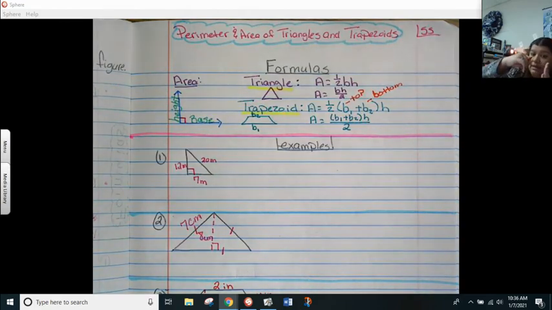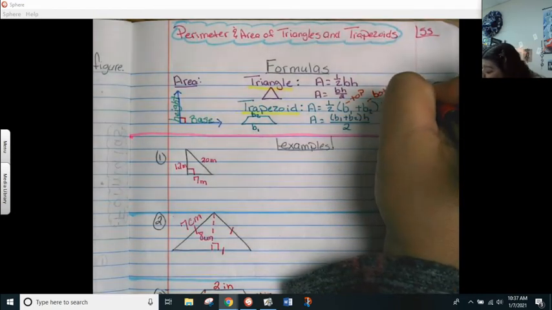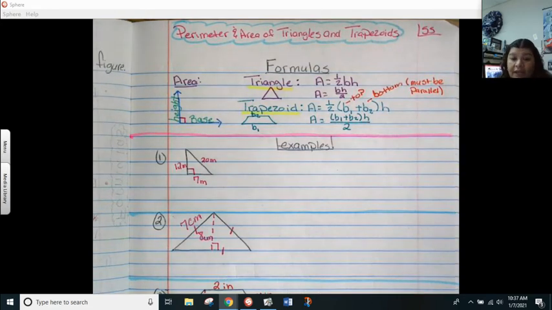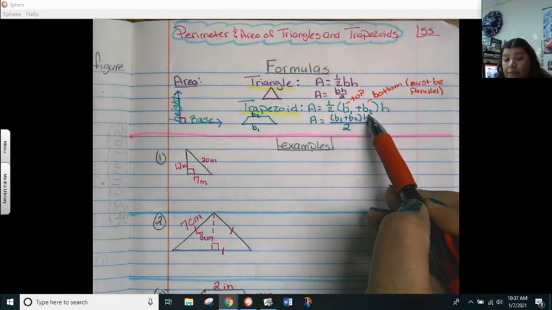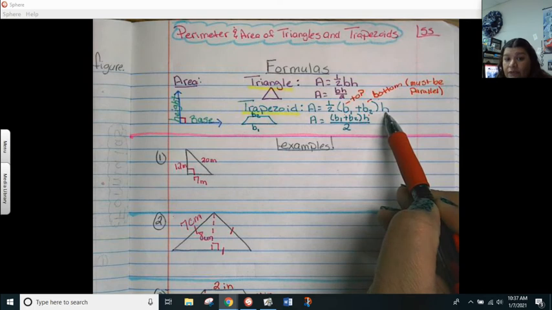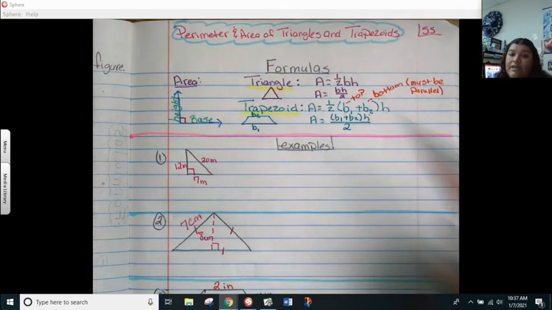So I could put it on my side here, but it's the parallel, okay? So I'm going to put here, must be parallel, okay? And that's how you know the two bases, all right? So we're going to do this first. We're going to add the top and bottom, or the pair of parallel sides, okay? Then we're going to multiply that times the height. So we're looking for that perpendicular line, and then cut it in half,